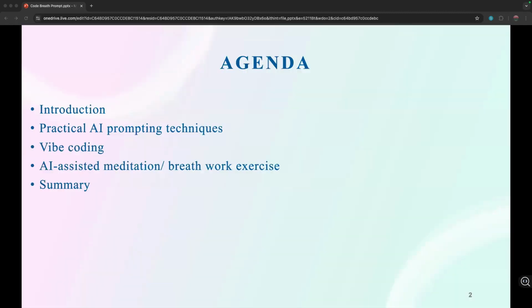Today's agenda: I'll start with my introduction, then talk about some AI prompting techniques, vibe coding, then an AI-assisted meditation and breathwork exercise, and at the end, a summary.